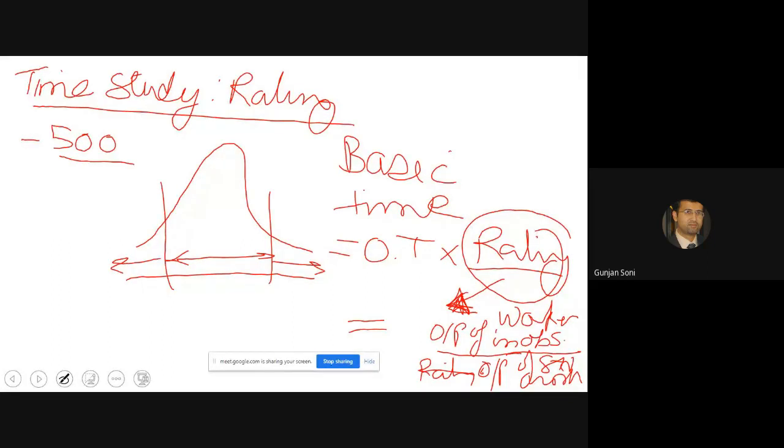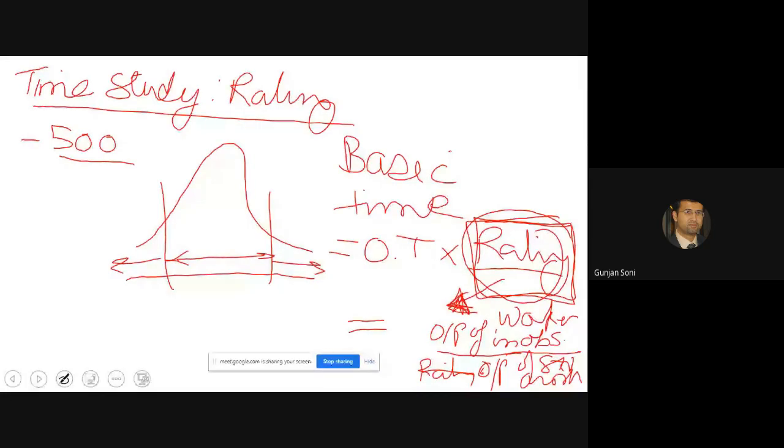Compared to that, the observed worker's rating has to be decided, and then we get the complete rating which we are going to give to this worker. So if you are making 120 pieces while a standard worker is making 100 pieces, it will be 120 by 100, which comes out to be 1.2. So you are better than him.